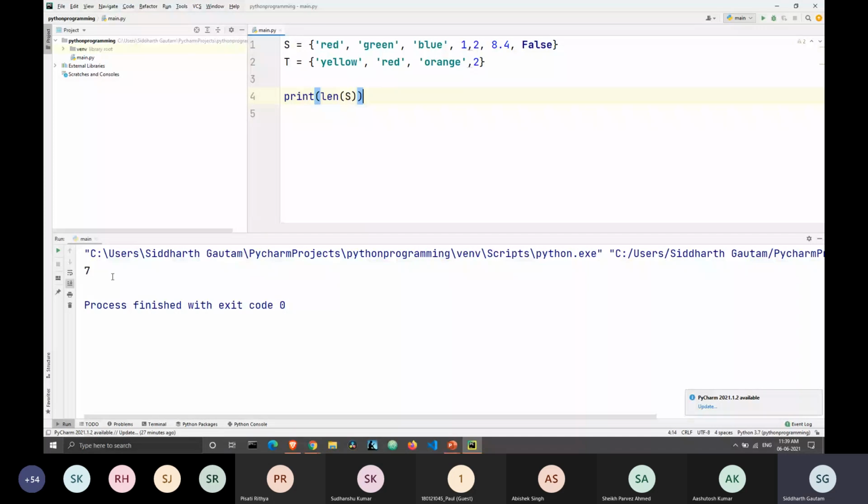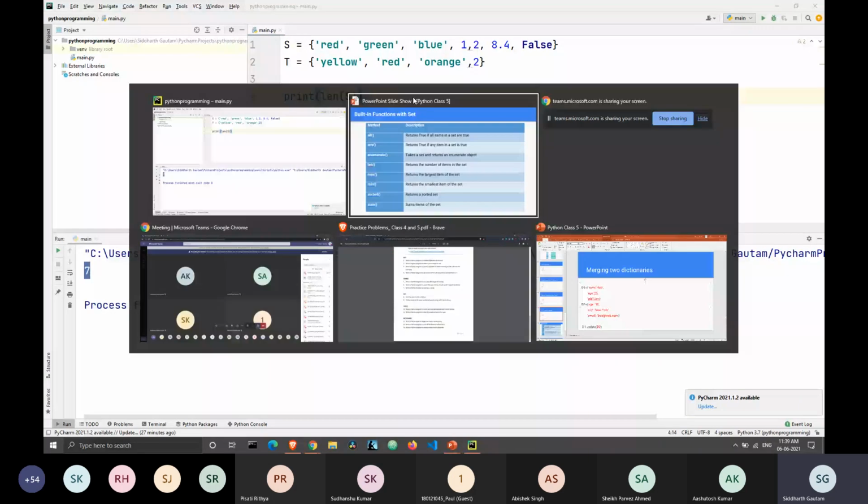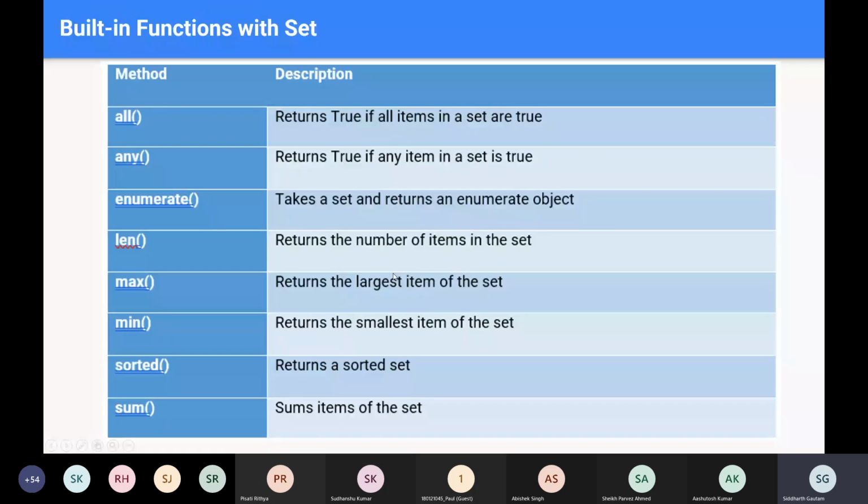All right. Do you want me to take any of these methods? If you want, I can pick one of these instead of choosing them myself. Anyone? Maybe the maximum or the minimum of the set. Sir, some last one. Last one is sum. Okay.